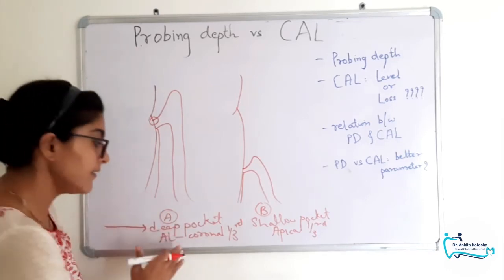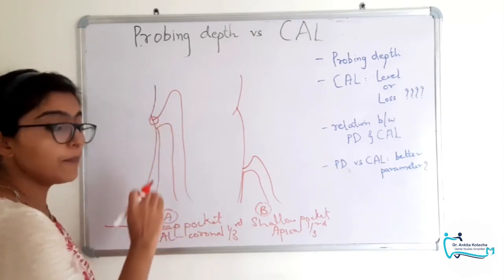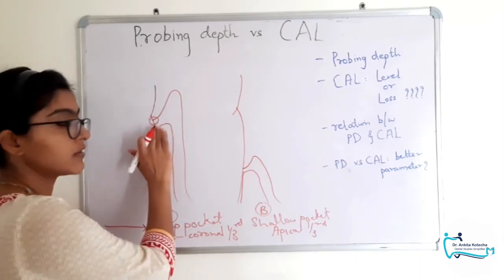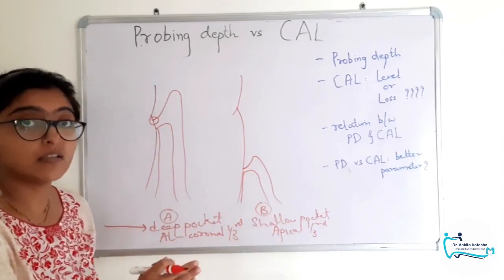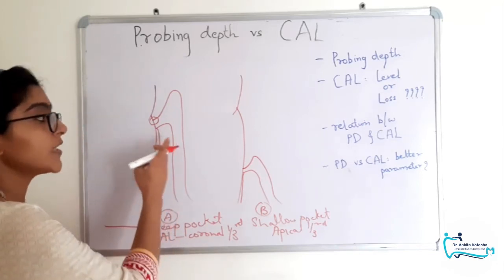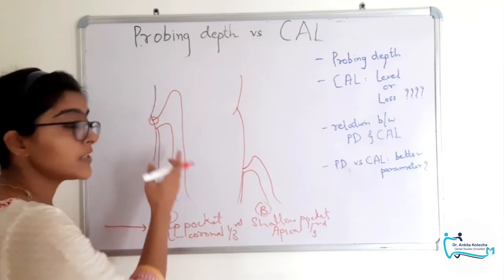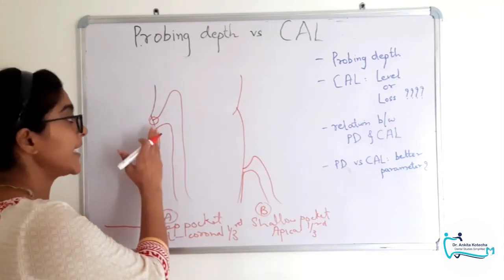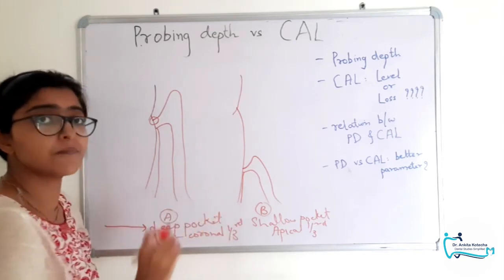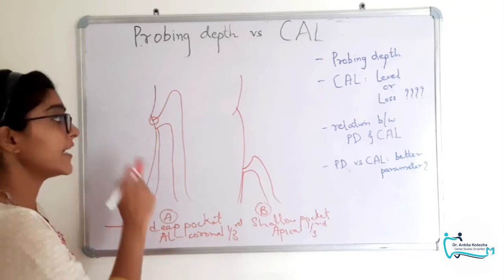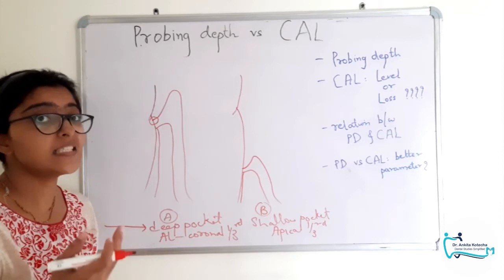Clear? But here is the catch. Look at the attachment level. The attachment level of the deep pocket depth case is in the coronal 1/3, whereas the attachment level of the shallow pocket depth case is in the apical 1/3. And that is why, by looking at the case scenario now, considering the attachment level, we can surely answer that case A has a better prognosis and case A is less severe than case B because of the attachment level. And that is why attachment level is a better parameter to assess the disease severity, disease activity, and even as a prognostic indicator.